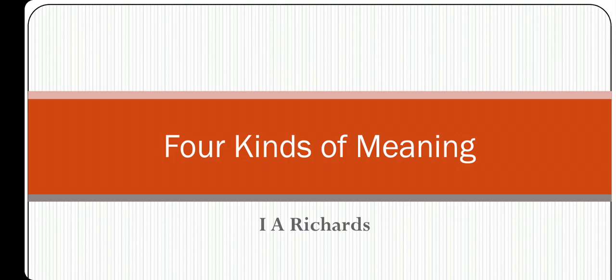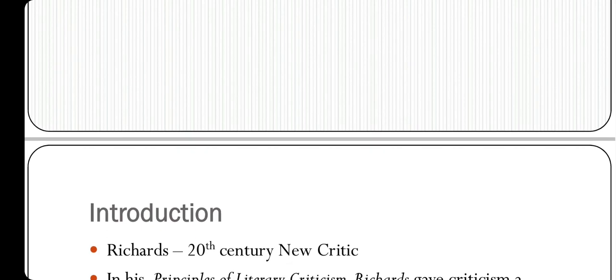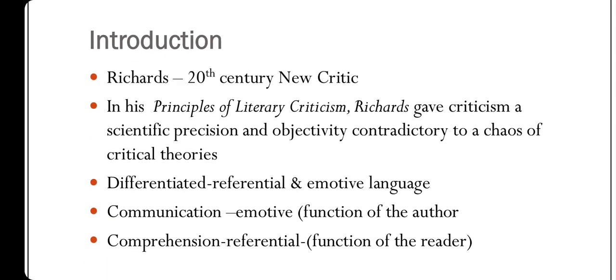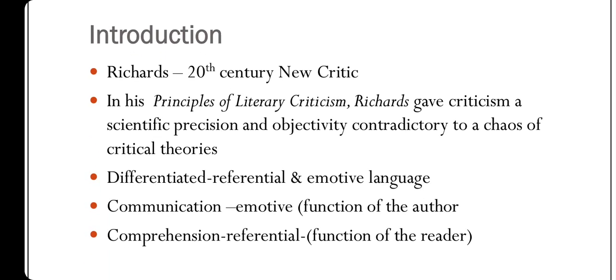Okay, this might be a little complicated for you. Now I am going to simplify it through the model given here. First, let's learn about the author. I.A. Richards, as we all know, was a 20th century new critic. In his Principles of Literary Criticism, Richards gave criticism a scientific precision, meaning he tried to explore the